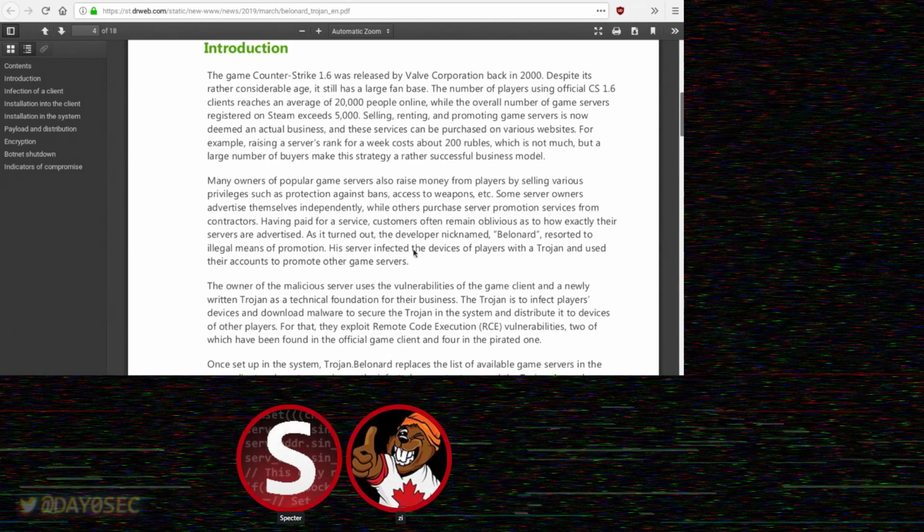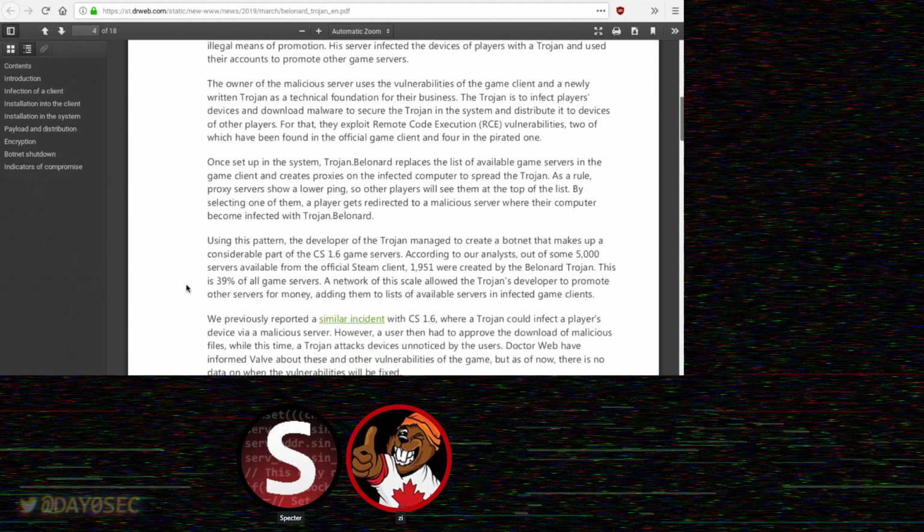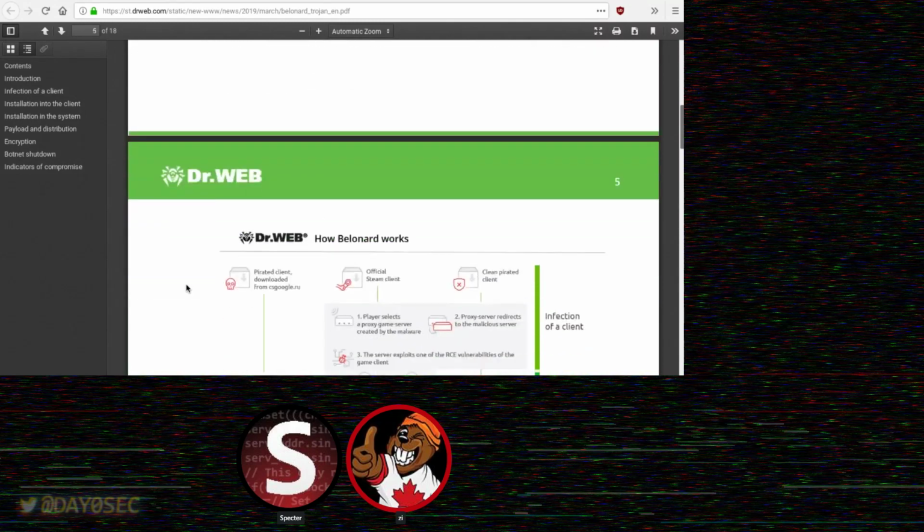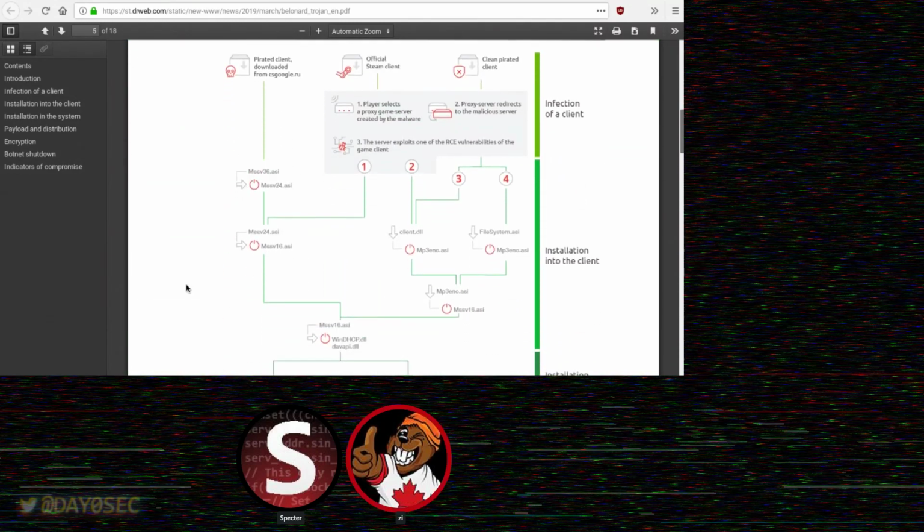The other thing is that this one actually exploits both. There's two of the remote code executions in the game client, the stock game client you get from Steam. But two or four, the report you've got up mentions four, but the other news report only mentions two of them. So I'm not sure how many 0 days were dropped with this or were found with this. But two or four were in pirated copies, specific to the pirated copies of the game, which I thought was a little bit intriguing, that they're looking at infecting the pirated users also.